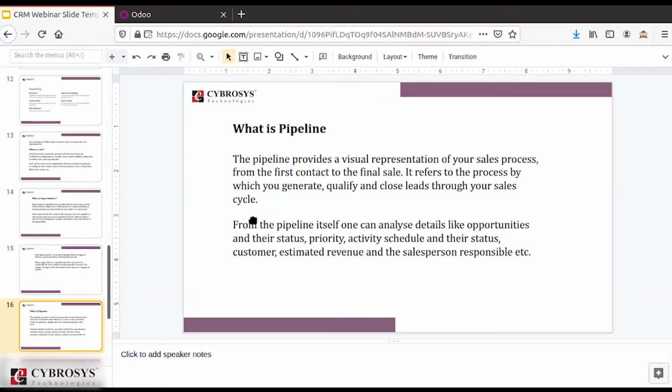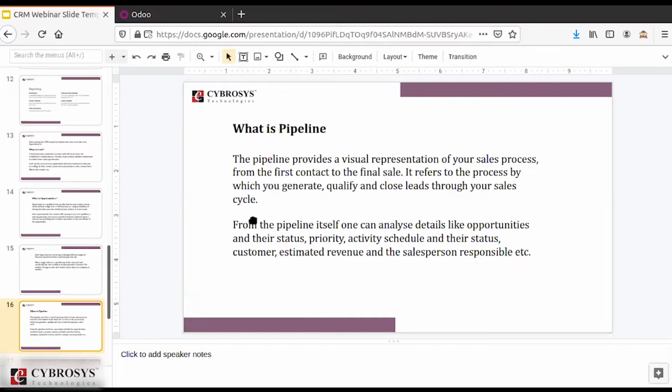Then the next term you should know while dealing with CRM is the pipeline. While talking about CRM itself, we discussed a feature called pipeline management. So what is a pipeline? The pipeline is the process of directing your opportunities through various stages.